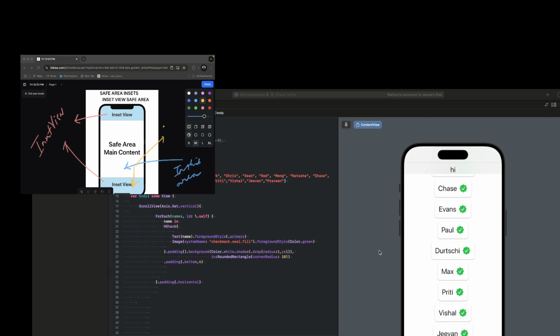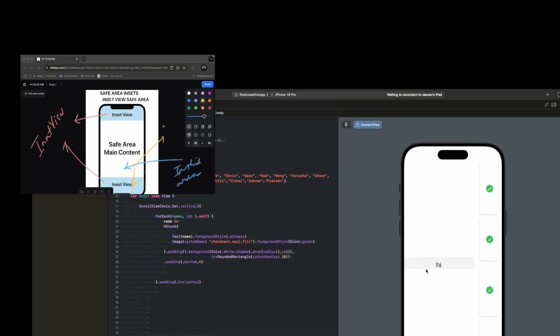Now similarly you can do leading as well. This is top. If I want to lead it, it has come here. So this inset has come here. The scrolling is vertical, because this is our,